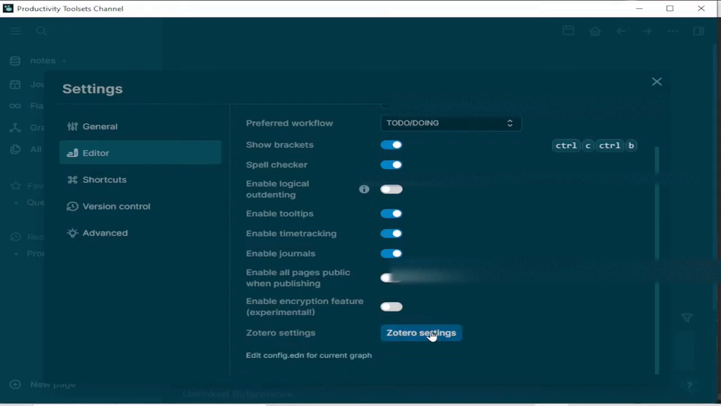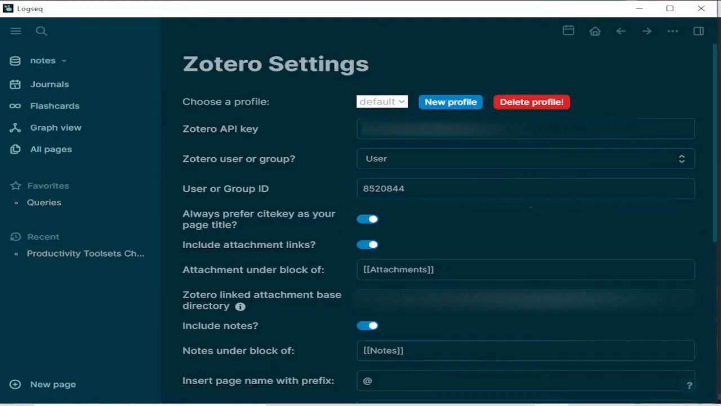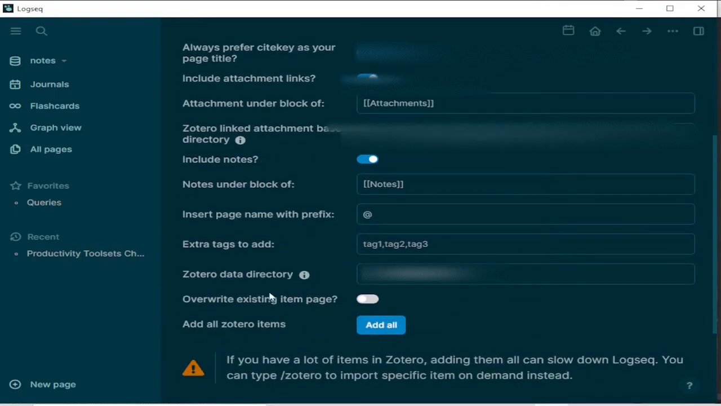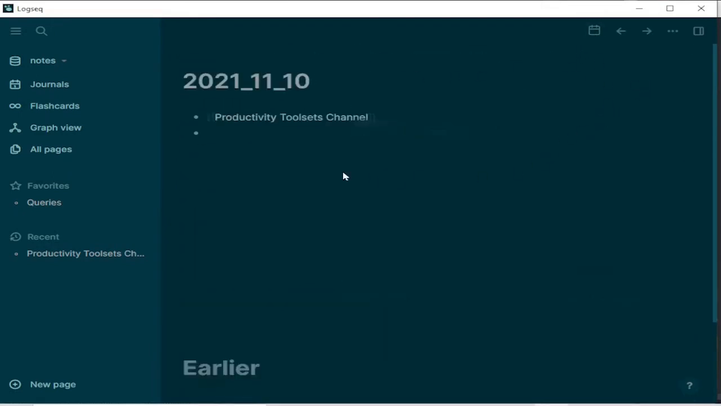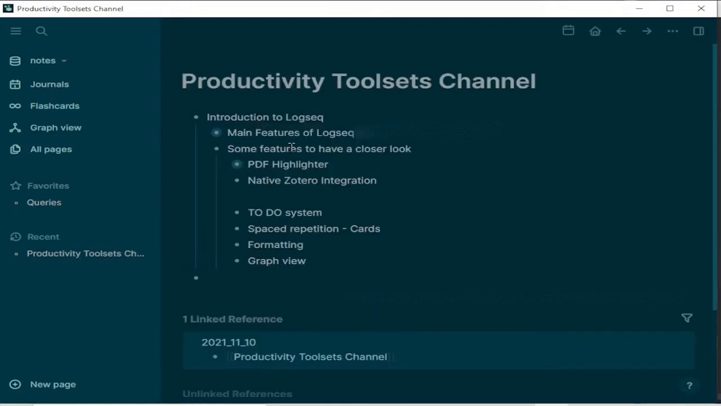Here you see Zotero settings. So what you have to do is go over these and update these. But the good thing about it is that it's not hard. I will have a separate video on this. So let me show you how,